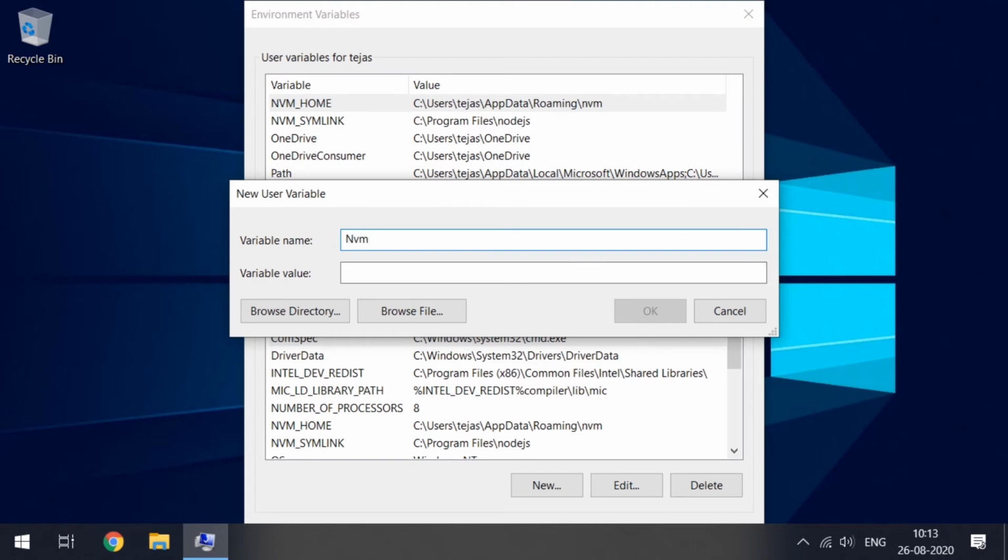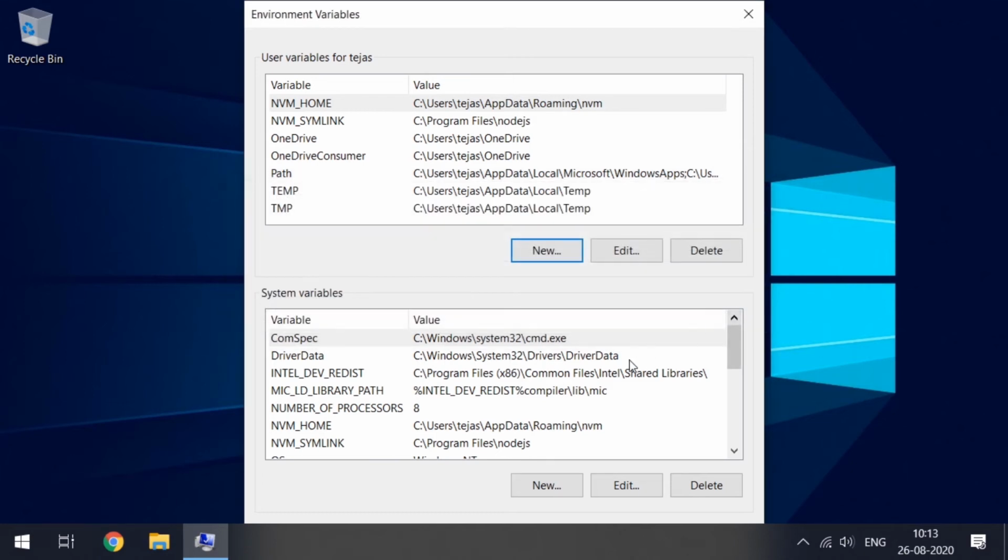So the variable name goes here, NVM_HOME, and then the second value and your path goes here. And you just have to click on OK after that. You need to add the second link also, and done.